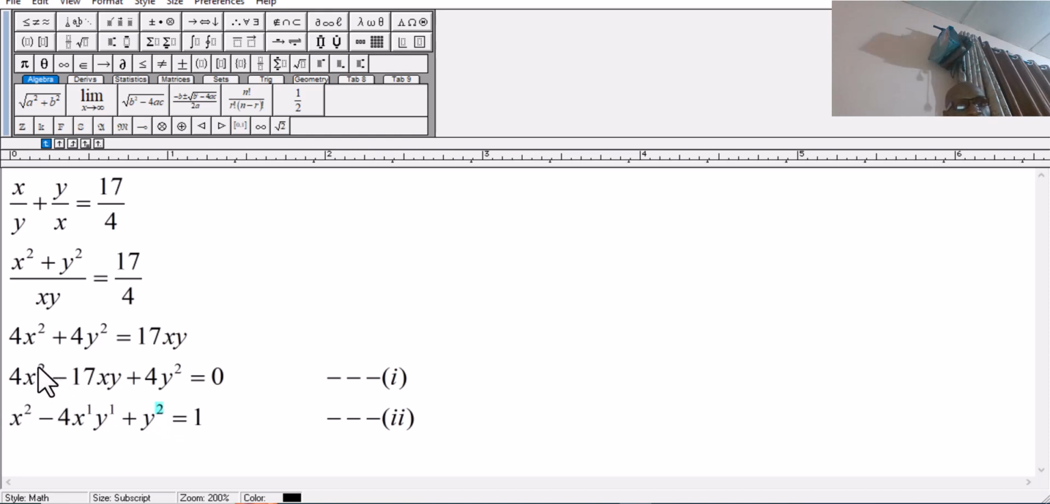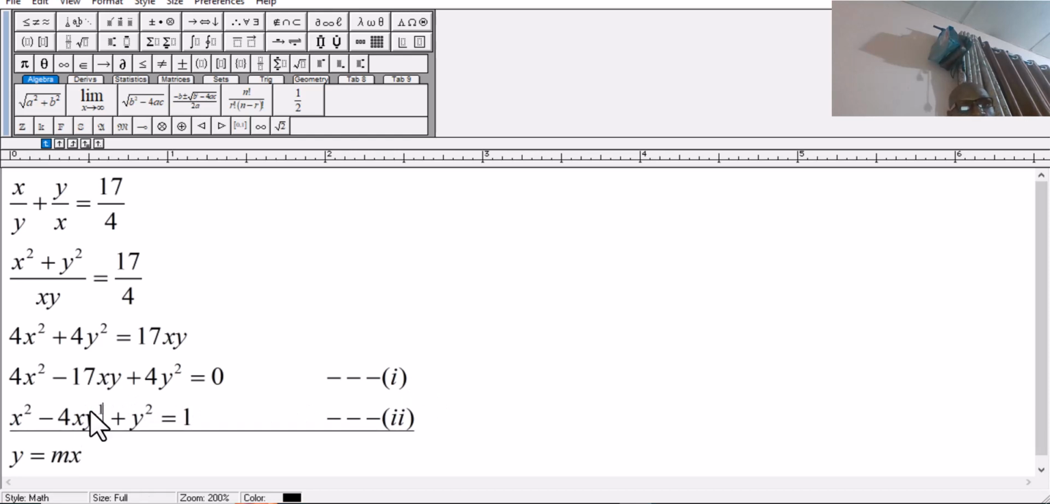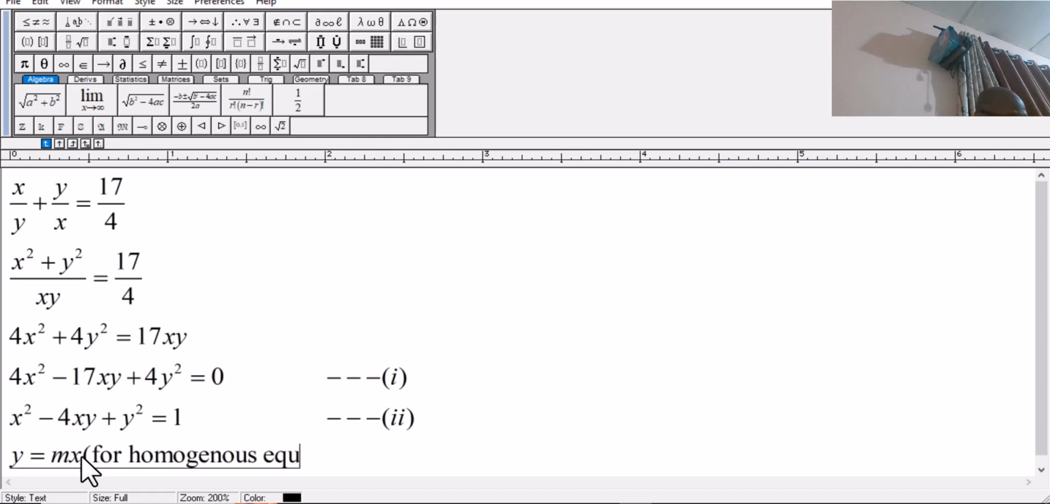So you notice that the power of each term here is the same. If that is the case, then we have what we call a homogeneous equation. And if we have a homogeneous equation, what we use is y equals mx. So that's what we will use. So let me clean this. So for a homogeneous equation,